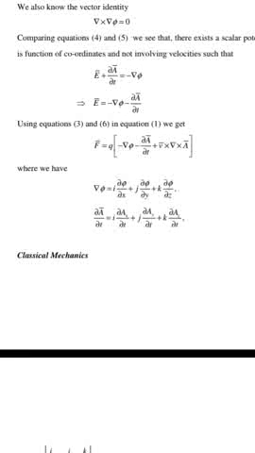Therefore F bar is equal to q (minus del phi minus dou A bar by dou t plus v bar cross (del cross A bar)), where we have del phi is equal to i dou phi by dou x plus j dou phi by dou y plus k dou phi by dou z. Dou A bar by dou t is equal to i dou Ax by dou t plus j dou Ay by dou t plus k dou Az by dou t, and del cross A bar is equal to the determinant of i j k, dou by dou x, dou by dou y, dou by dou z, Ax Ay Az,